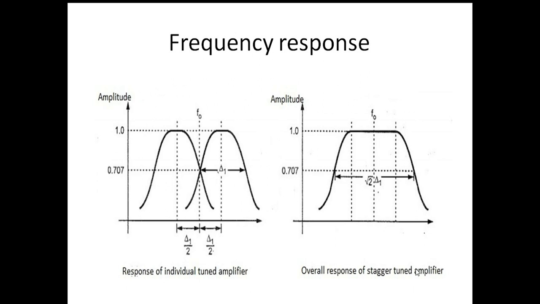Okay, this is the frequency response I just showed. This is the flatter response. And also the greater bandwidth. So from here to here, the total bandwidth is achieved. From the individual frequency responses, we can achieve more bandwidth. If one more frequency response curve is there from here to here, the total bandwidth will be like this. So individual frequency responses are clubbed together and the overall bandwidth can be measured, which is more.